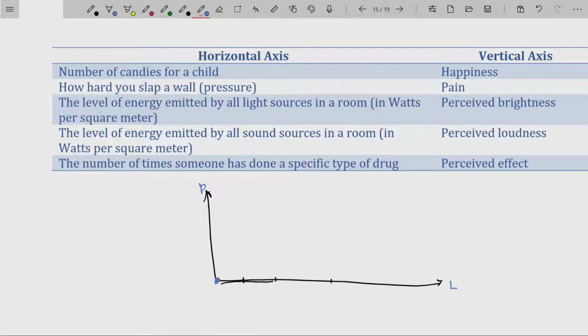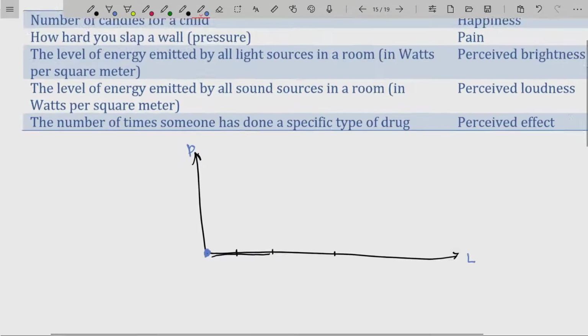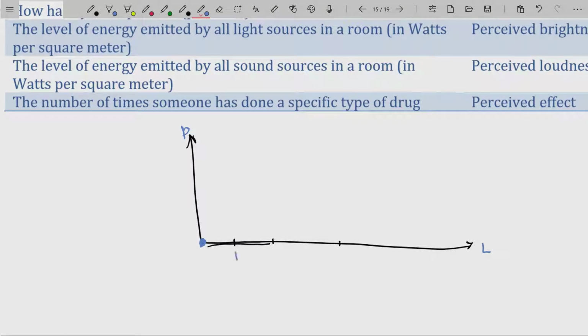So if you have no light in a room, well, then you have no perceived lightness. If you don't have any energy emitted by a light source, then you have no perception of brightness. But the moment that you have 1 lumen in a completely pitch black room, so you are sensory deprived, you're sitting in a cell, no doors, no windows, walls are completely solid, everything's sealed up so that you can't see out light from outside. And then all of a sudden, your phone goes off. So the screen lights up. That would be a massive spike in perception for you.